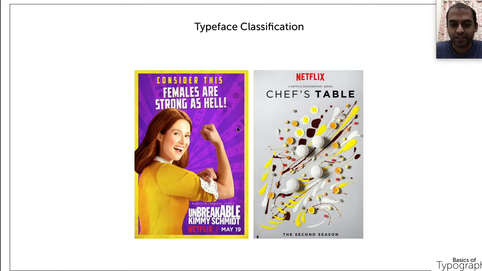These are the recent Netflix posters. If you are following Netflix, you see this poster, Unbreakable Kimmy Schmidt. I think that is the series name. Here almost all are sans serif fonts, there is no serif in this. Almost all these posters entirely use sans serif font. Again Chef's Table, the Netflix documentary, second season, everything was written in sans serif font.